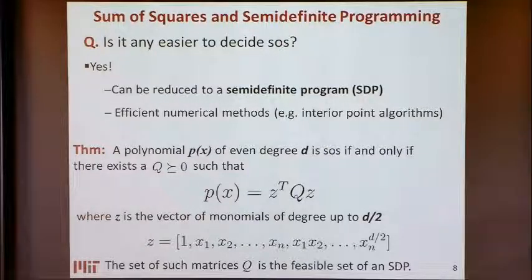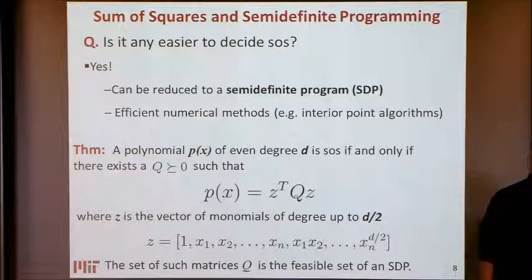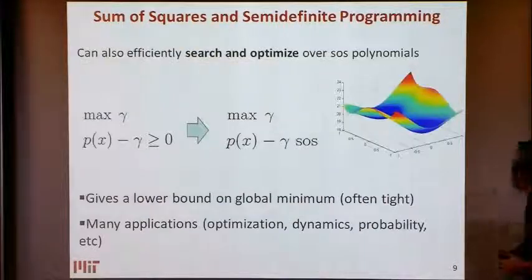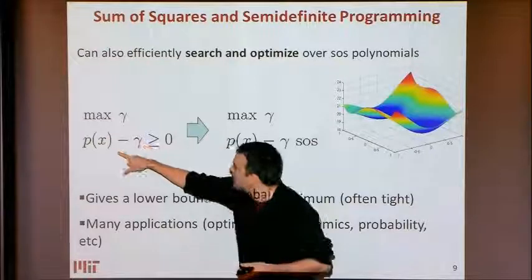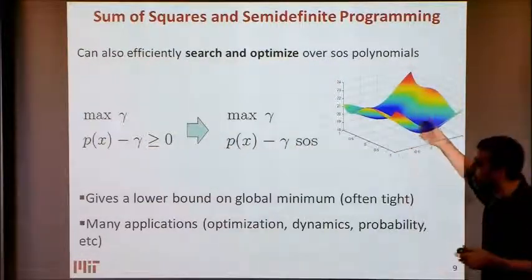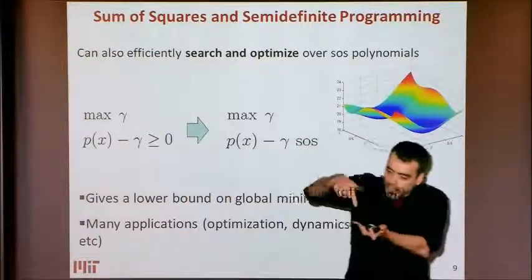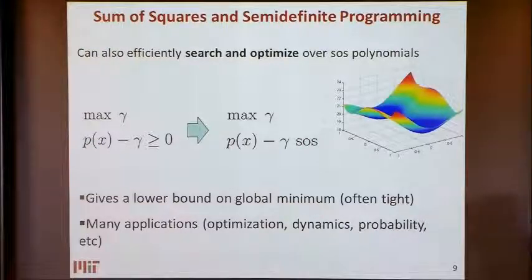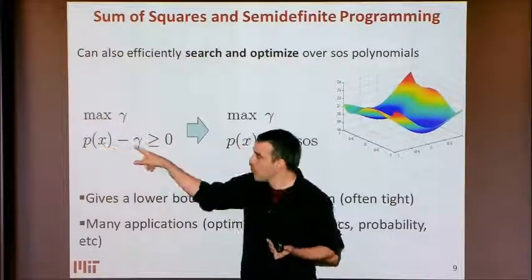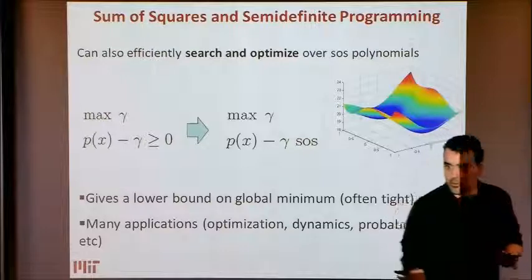Questions? Okay. So why do we care about this? Why do we care in optimization about these kind of things? Because it's one step to go from a fixed polynomial to optimizing it. The only thing I need to do is to really think about, okay, let's say that I'm trying to minimize P. I have a polynomial P, like this one, ugly, non-convex, whatever, and I'm trying to minimize it. Now let me write it in a different way. Instead of trying to go down in my polynomial, let me try to go up from the other side and try to find out whether I can find a lower bound gamma on my polynomial. And finding the minimum is exactly finding the largest gamma in such a way that the polynomial P of x minus gamma is non-negative.